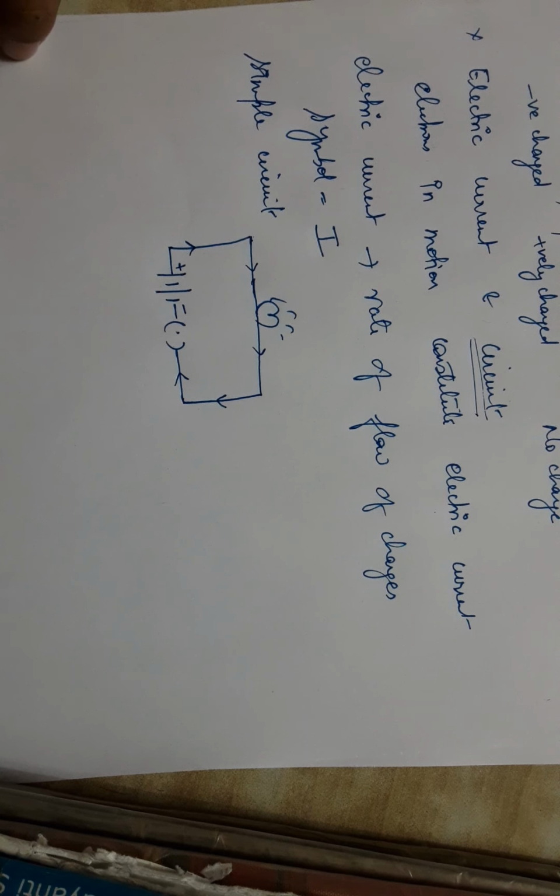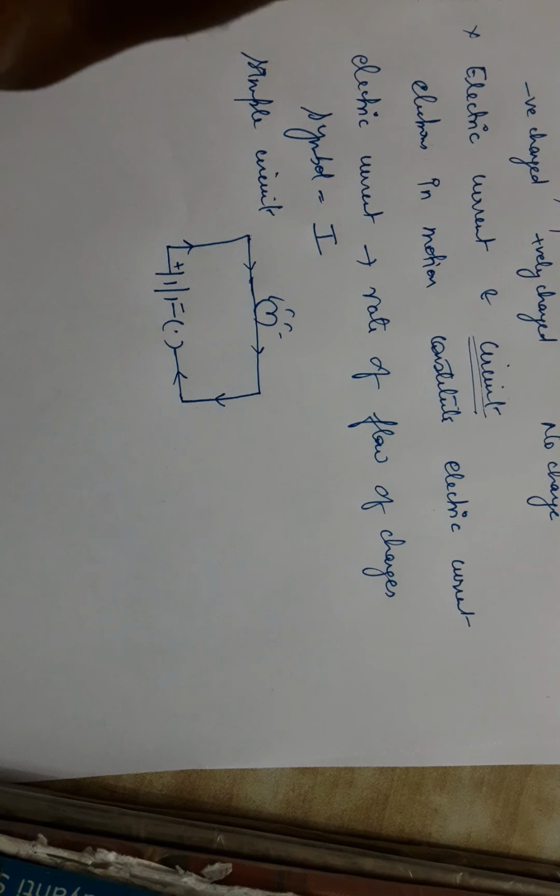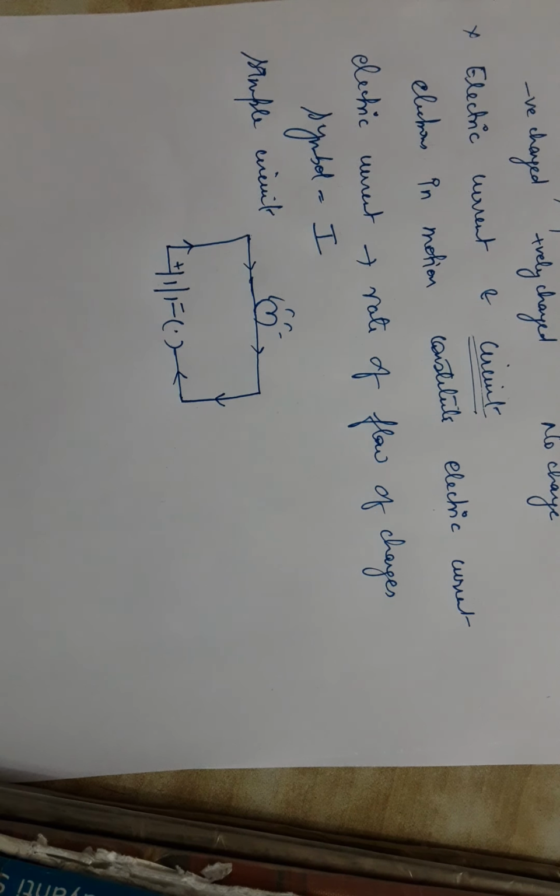Now, coming back to electric current, earlier when electrons were not discovered, electric current was considered to be the flow of positive charges, and the direction of flow of positive charges was taken to be the direction of electric current. जब पहले ये माना जाता था कि जो इलेक्ट्रिक करंट है वो पॉजिटिव चार्जेस यानी प्रोटॉन्स की वजह से है, तो इलेक्ट्रिक करंट को माना जाता था कि वो फ्लो ऑफ पॉजिटिव चार्जेस है. लेकिन बाद में जब इलेक्ट्रॉन्स डिस्कवर हुए तो ये बोला गया that electric current is composed of moving